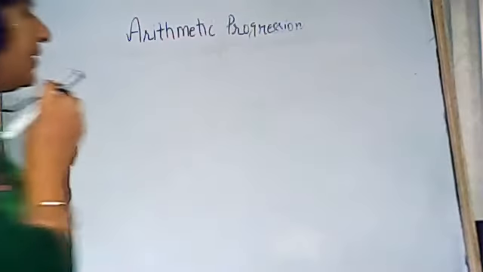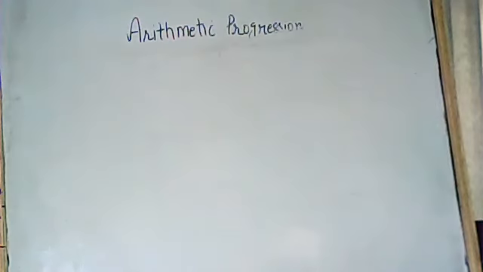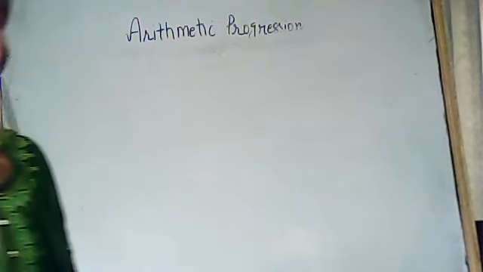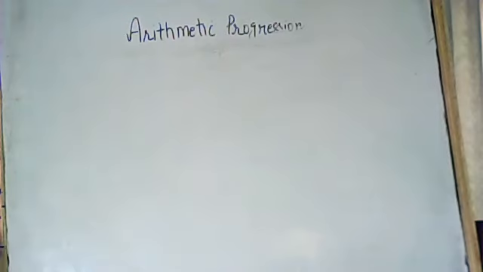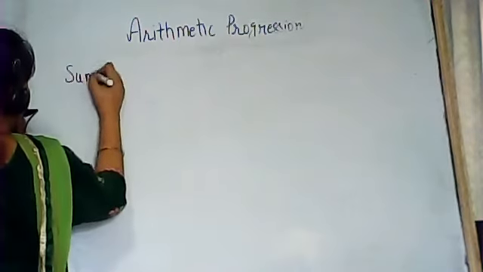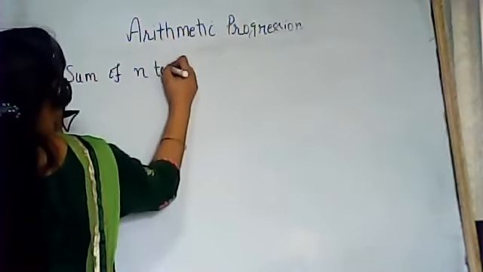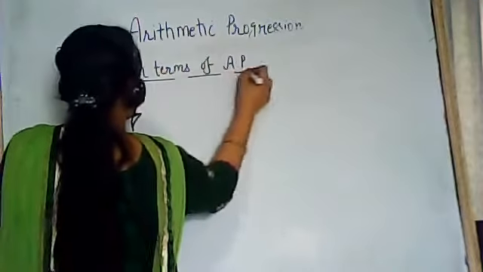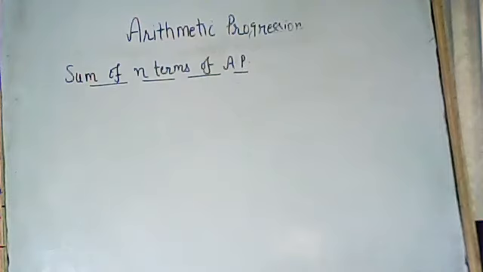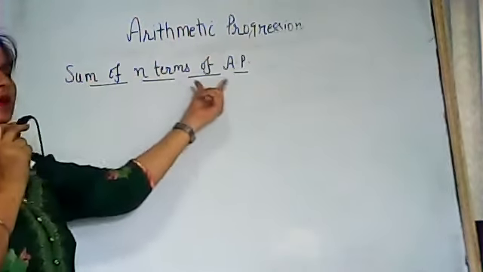Now, beta, recently we have discussed different examples regarding the terms of arithmetic progression. Whether we are talking about nth term, pth term, qth term, it means we have discussed the different examples regarding the general term, or you can say the nth term of AP. And now the next subtopic of arithmetic progression is how can we calculate the sum of n terms of AP? So this is our next formula.